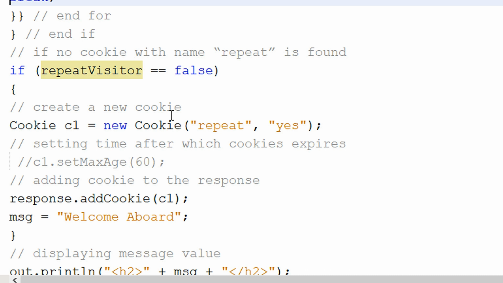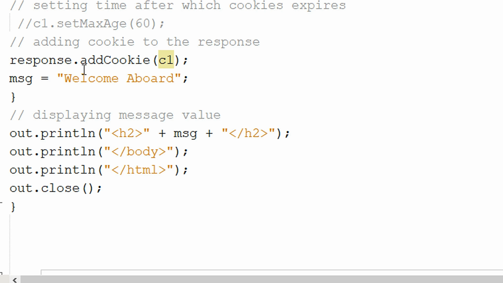Here we create a new cookie. Cookie is a class. We create its object c1 using the Cookie constructor which has two string type parameters, repeat and yes. After this, when we send the response to the browser, we add this cookie through the addCookie method in the response.